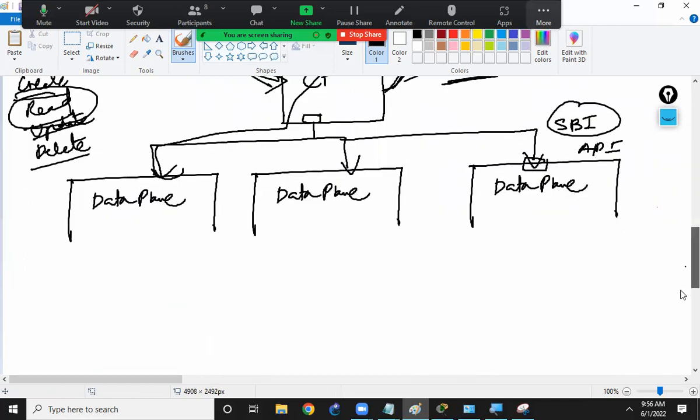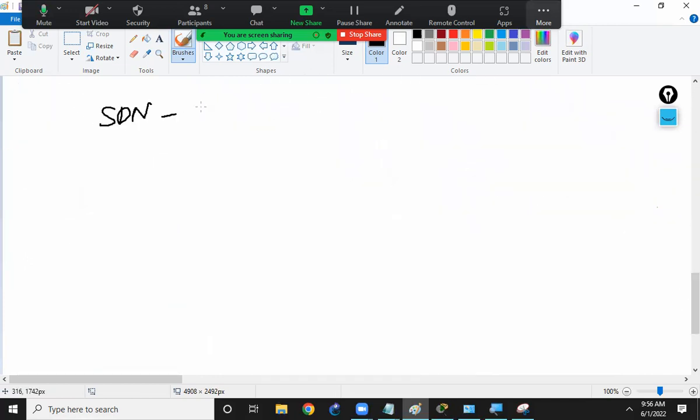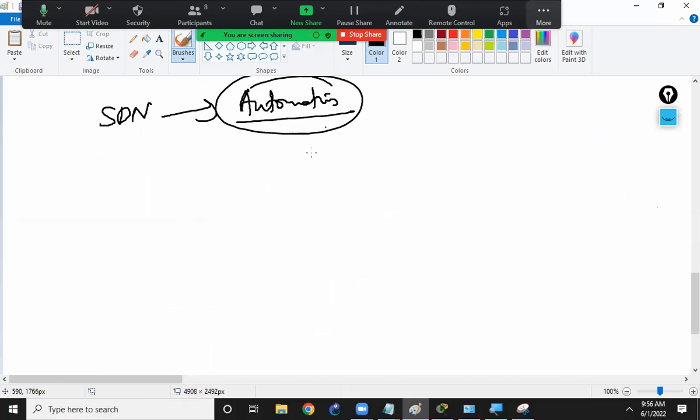Another advantage is that if you go with SDN, you can implement automation. Automation means you can automate the commands and everything, so they are automatically pushed. Suppose I want to configure the IP address, I'll have to go to that interface and type the command ip address, followed by whatever the IP is, and then type it. So instead of typing that, we can write certain scripts,